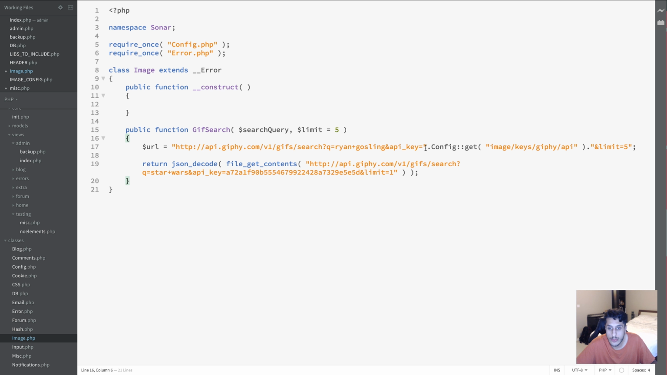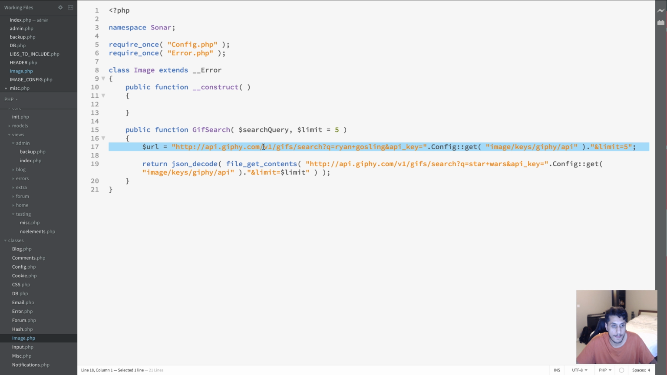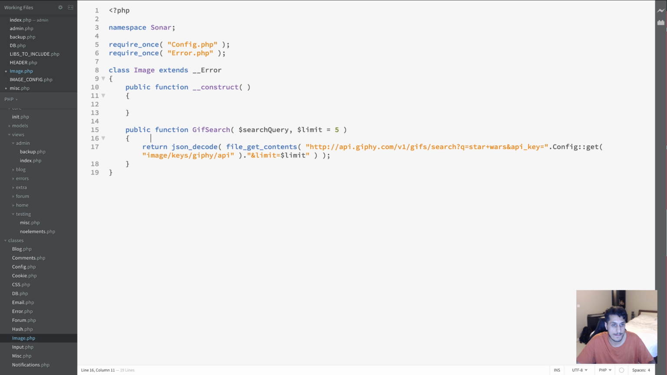So we want to replace the API thing, like so. We want to replace this with just dollar limit. Okay, so if we go back to miscellaneous, to dollar image